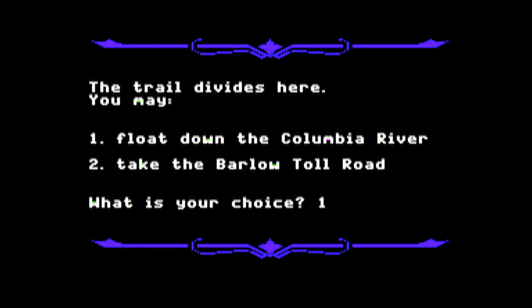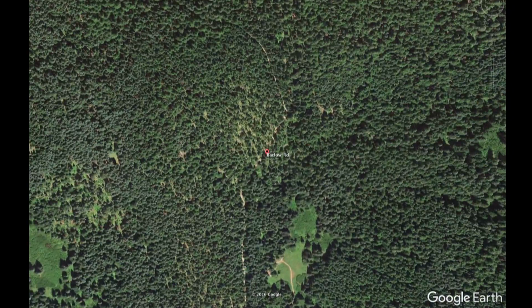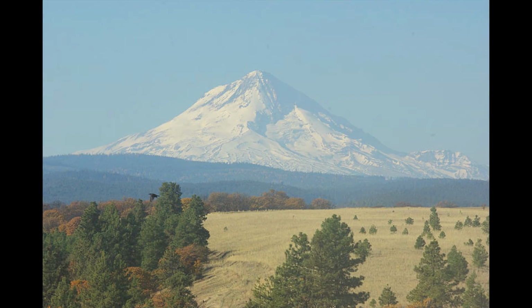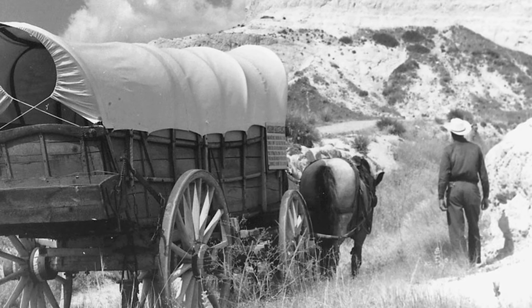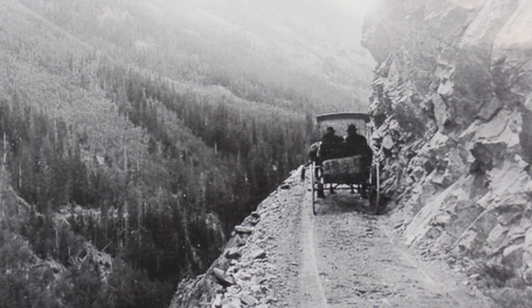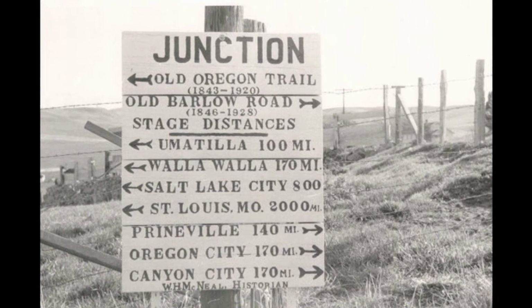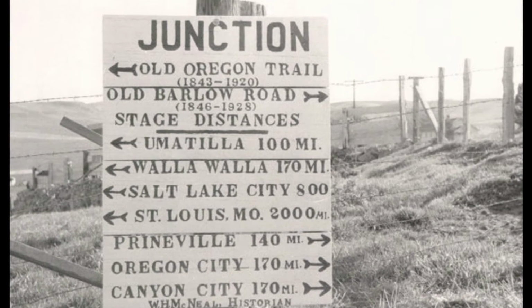The Barlow Toll Road was a particularly difficult route in real life. It was very steep, narrow. It was very hard to get the oxen and wagon over this pass. Some people would get mules instead to try to get their stuff over. People ended up having to use ropes and pulleys because they would have to frequently unhook the oxen from the wagons in order to pull the wagons up over slopes. They used levers to get them over ruts and rocks.